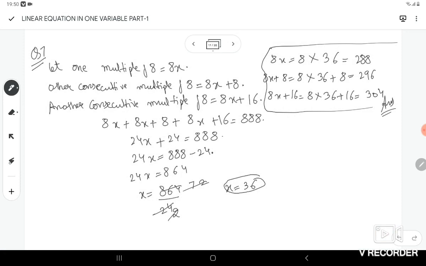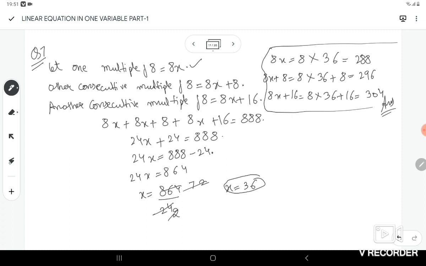Now let's solve another question. It says that there are three consecutive multiples of 8 and the sum of the three consecutive multiples of 8 is equal to 888. So we have to find the values of the consecutive multiples of 8. So let one of the multiples of 8 be equal to 8x and another multiple would be with the